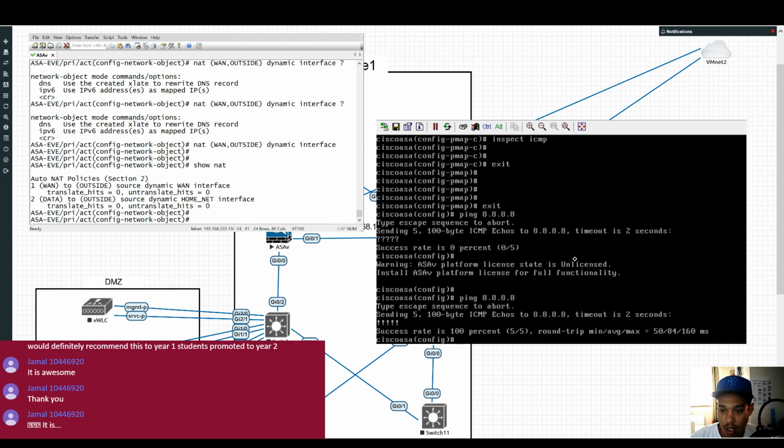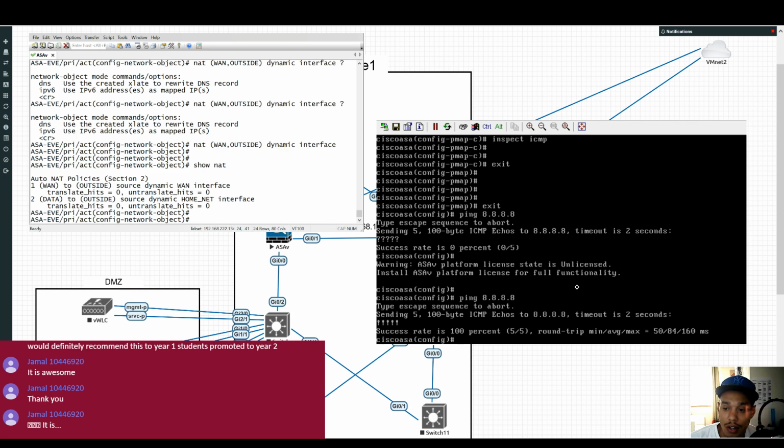Yep. So as you can see there, now we can ping out, so we're past that issue. So perfect timing, really. I said I wanted to do some NAT, and we can see there now that it can work. So what I've just done there is we can actually ping from GNS3 across to EVE-NG, and then from EVE-NG out to the internet. So if you don't think that's cool, then I don't know what is cool,